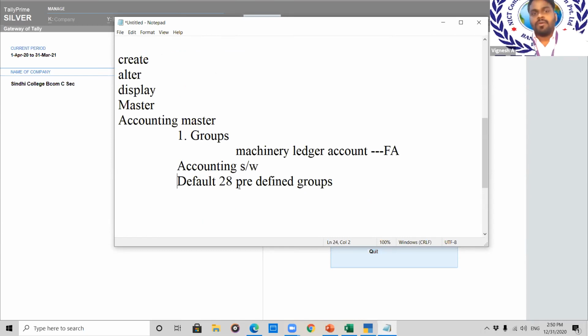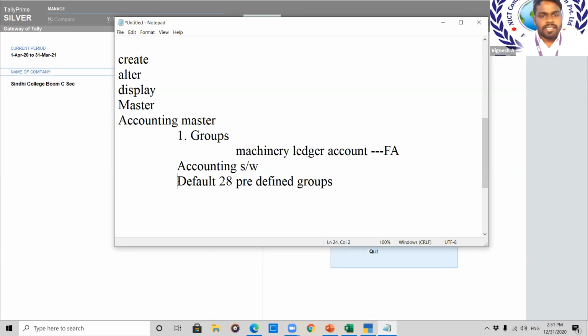Understand, when you go for a job with Tally, we have two ways of jobs. One is as an accountant and one is as a consultant. What is the work of an accountant? His work is only to post the transactions given to him. As a consultant, you need to know the software credentials, in the sense how to work with the Tally software. If any issues come, you need to know every part of it. An accountant will know how to only post the entries. As a consultant, you need to know about the software also.